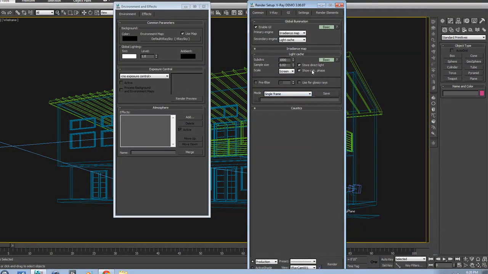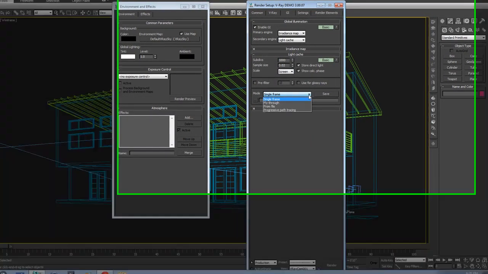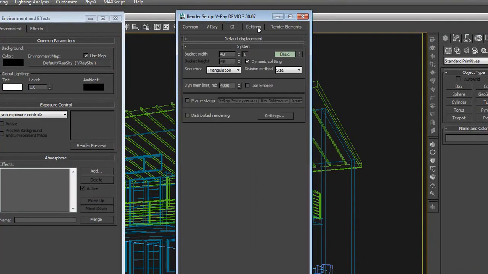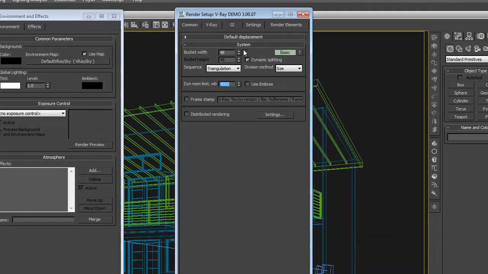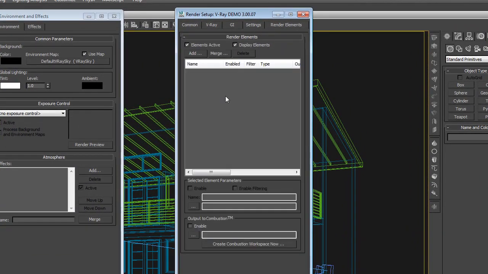Again, you want to show calc phase. Single frame is what you want here. Dynamic memory limit is something you might have to change. If you're starting to get warnings that your dynamic memory limit is too low, make sure to up it, because that will slow you down significantly if you don't have this setting right. There's no magic number for it, but if it's warning you that it's too low, then you need to raise it. Render elements here